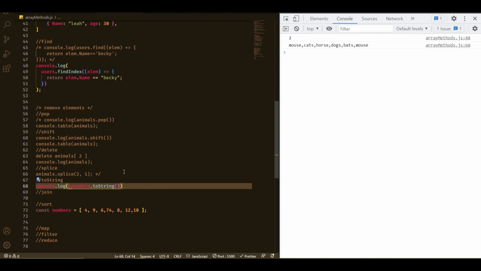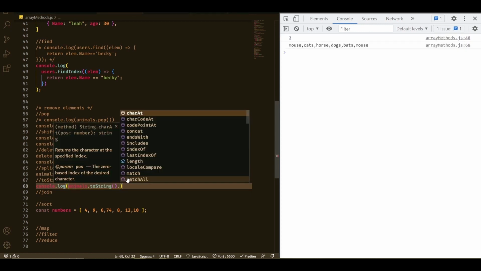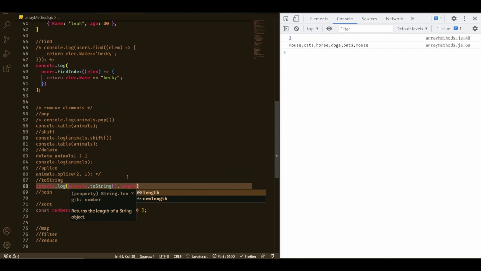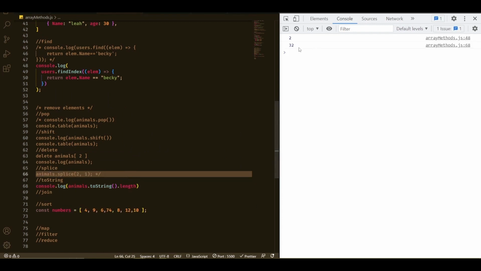Let's say typeof, okay, we cannot do it here. So let's check the length of this. So yes, it's a string and it is 32 of length. And there is another method. We can